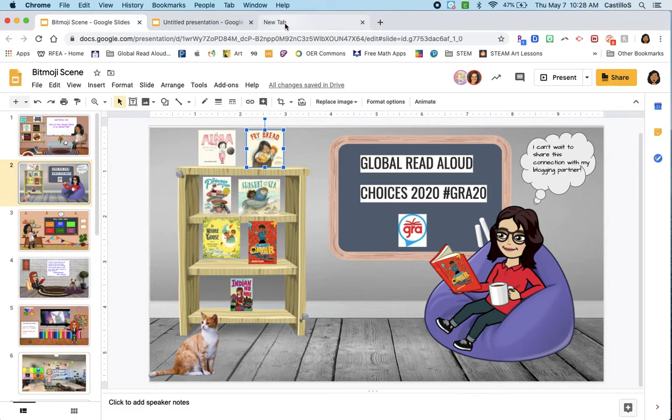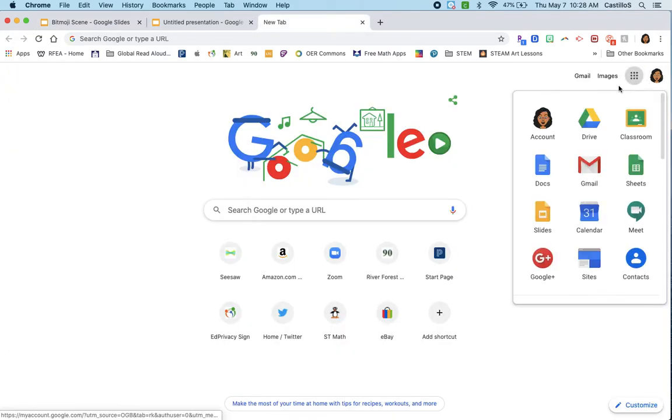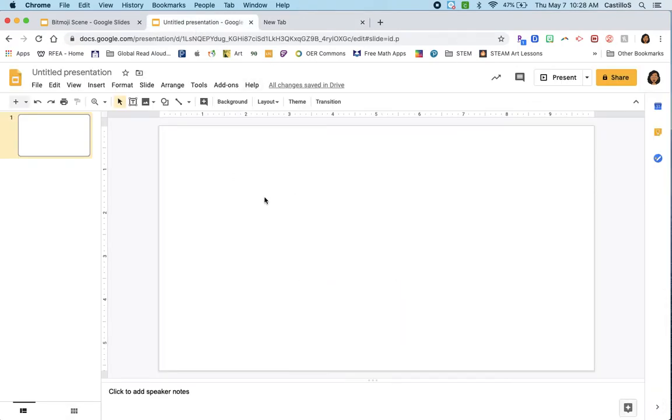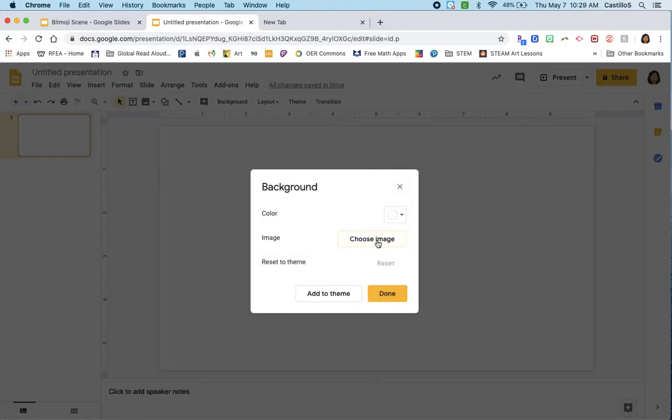So how do we get started? You'll want to click on the waffle or find Slides, however you normally find it and locate it. I've already opened one. And what you'll want to do is use backgrounds. The first thing you want to do is change the background. So you'll click on black background here, choose image,